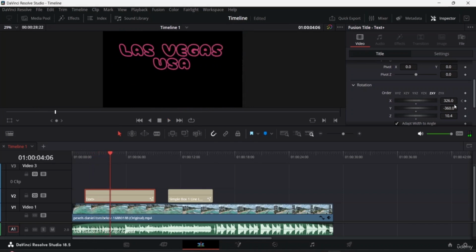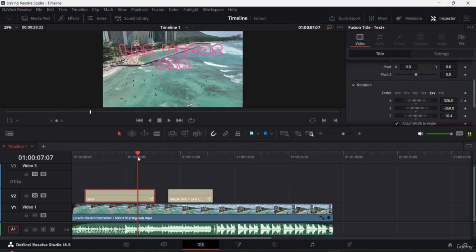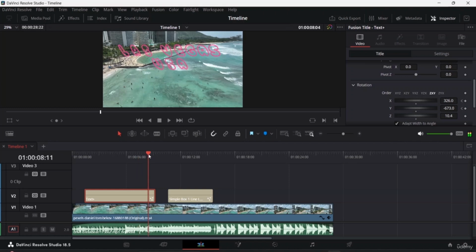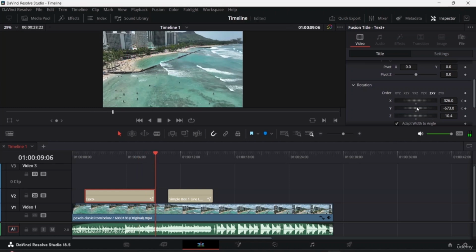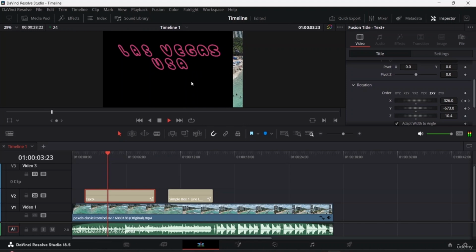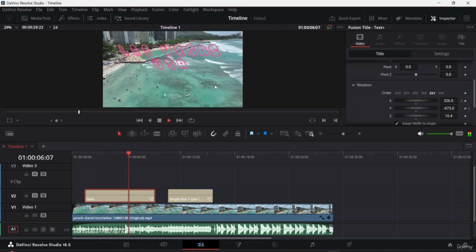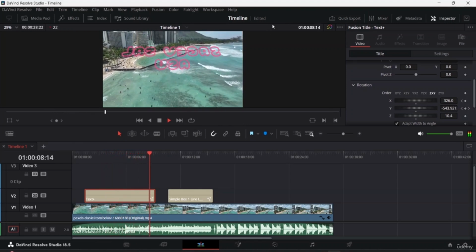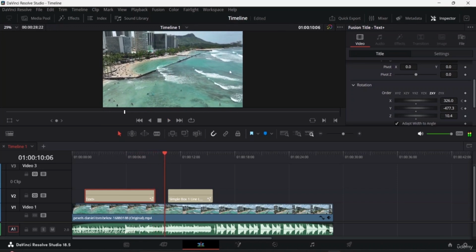Or I will come here, click to this option, and from this option, now if I come over here, I just want to give this thing rotation, kind of like this, and just open the keyframe and come here back again and just give this thing a rotation over here as well. Okay, so now let's see how it actually looks. Okay, so here now it will just give a rotation, as you guys can see,